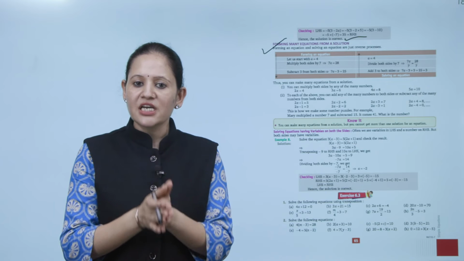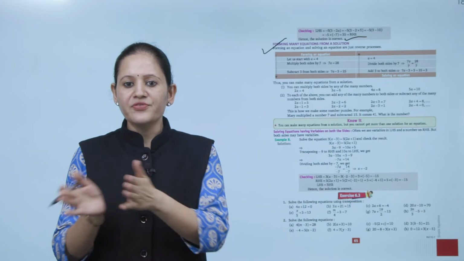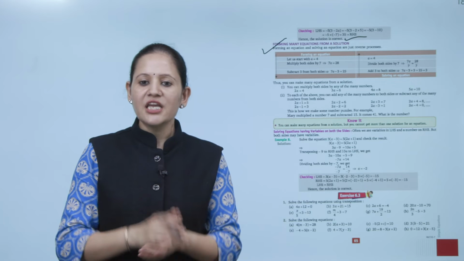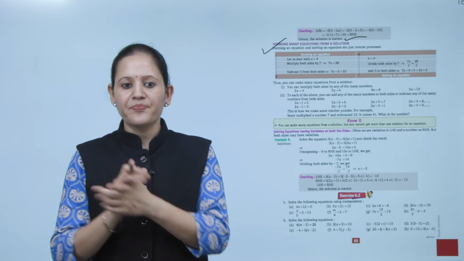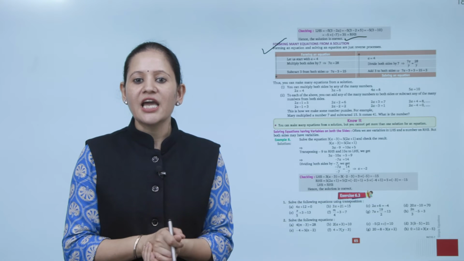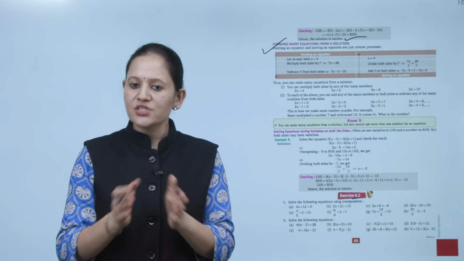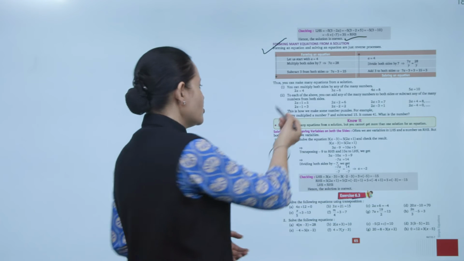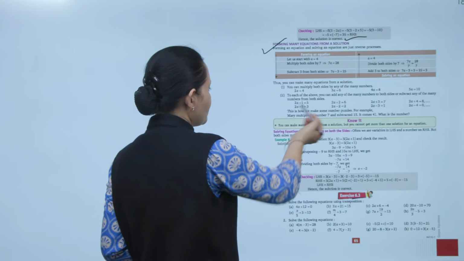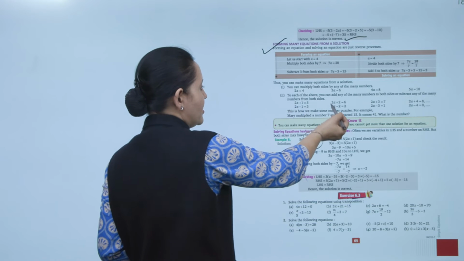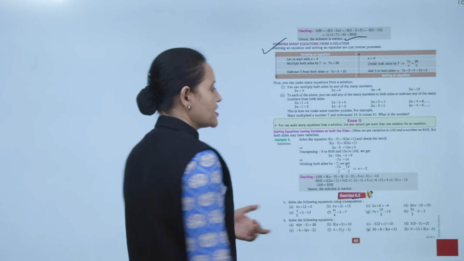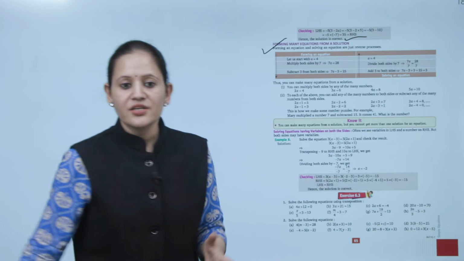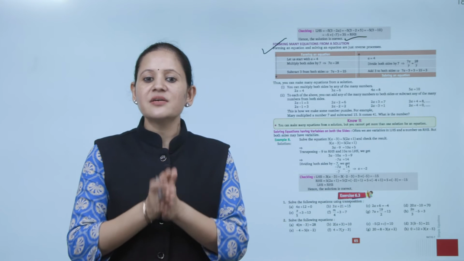You can multiply both sides by any number. 2a equals 4, 3a equals 6, 4a equals 8, 5a equals 10. To each of the above, you can add any number to both sides and subtract any number from both sides. 2a plus 1 equals 5. You can also write 2a plus 2 equals 6, or you can write 2a plus 3 equals 7. So this is how we make a number puzzle.